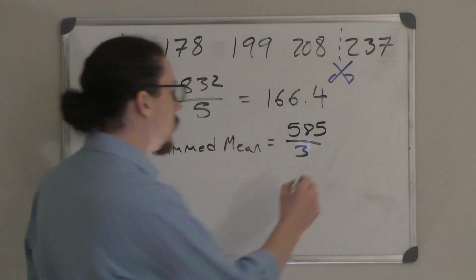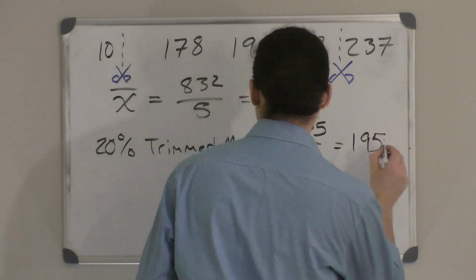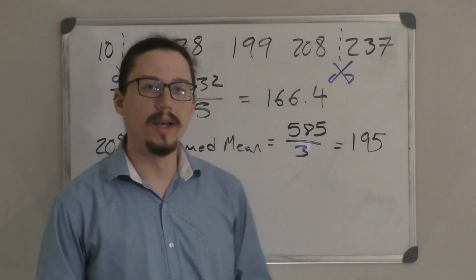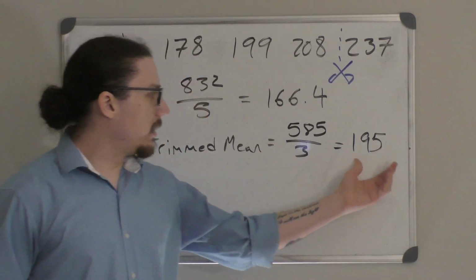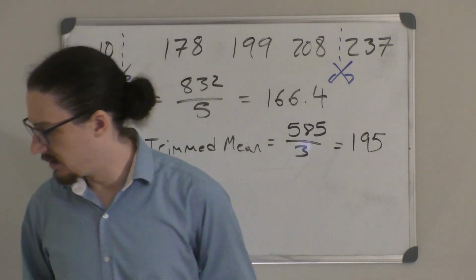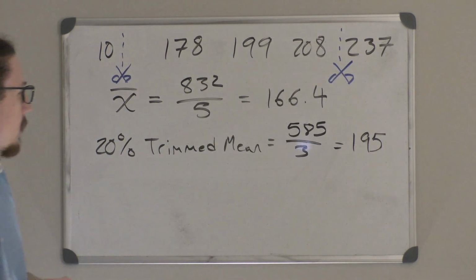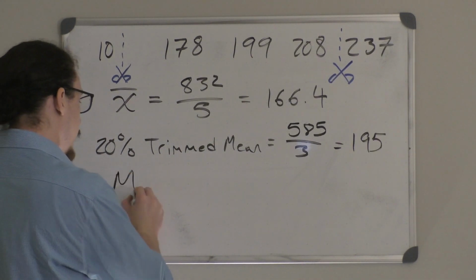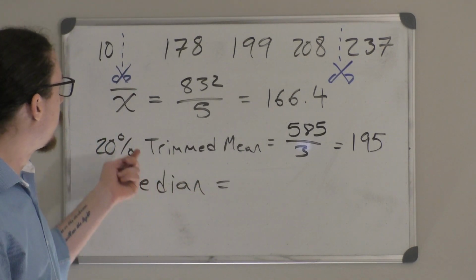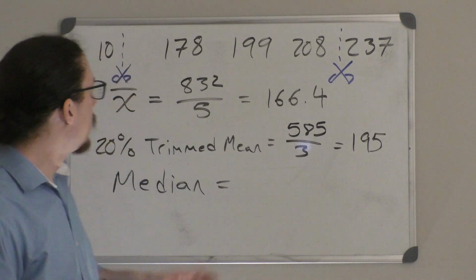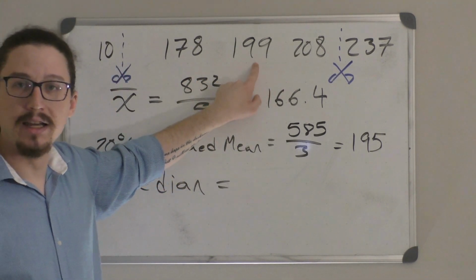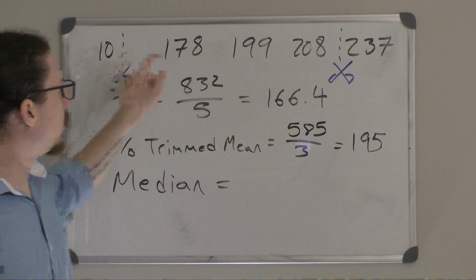So we get 585 divided by 3 because we only have 3 values left, for a 20% trimmed mean of 195. That looks like it's closer to being in the middle of this data set. We can even also find our